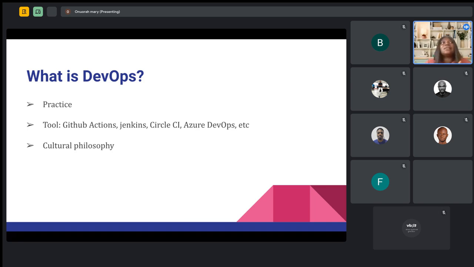So in the sense that it's not just about having communication, but it goes beyond that to ensure that we imbibe an organizational culture of collaboration and communication among the entire team, the development team, the operations team, and all the teams that are involved when it comes to software development and deployment, right? So this is the way I define DevOps, right?